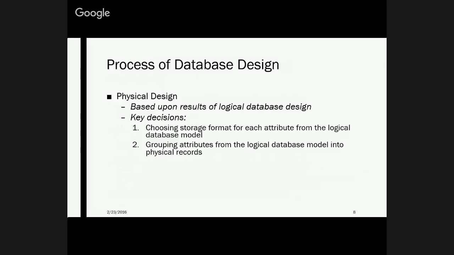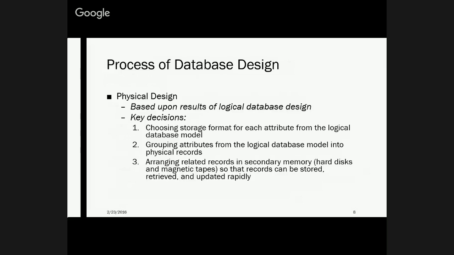Grouping attributes from the logical model into physical records. How are they actually stored? Arranging related records in secondary memory. So, again, we just assume we're using a big DBMS and it's doing it. There's a little discussion in here about,